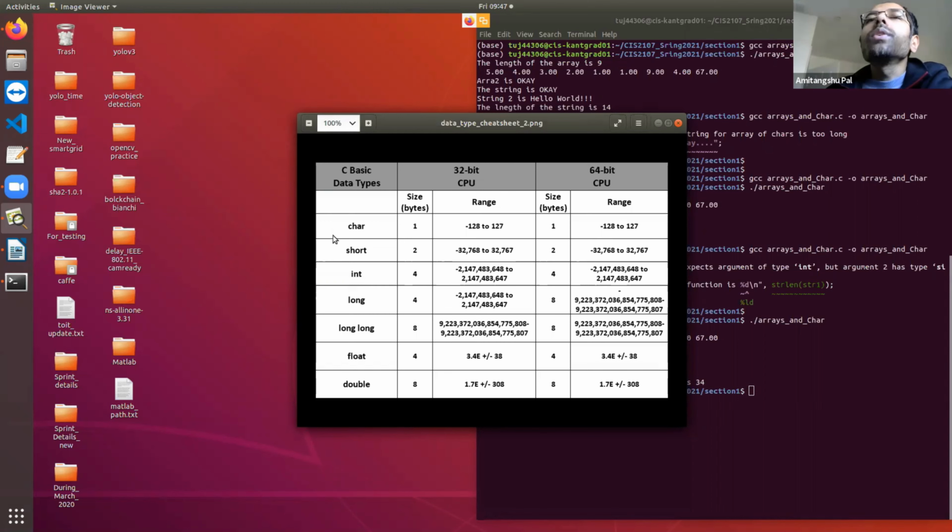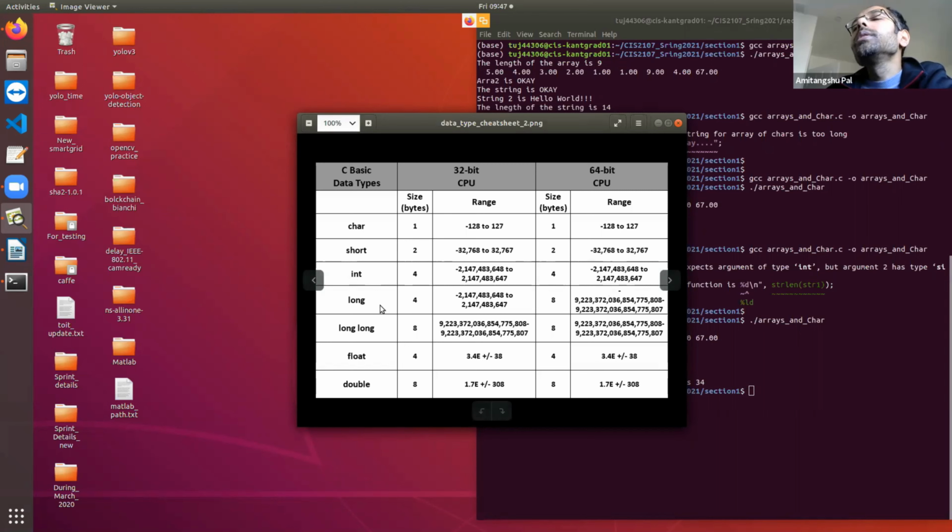Okay, so for example, integer in a 64-bit CPU takes 4 byte. Okay, and based on this 4 byte, I am going to show you what is its range of numbers that you can store. Now, other than integer, there is another data type called short integer that takes 2 byte with limited range.